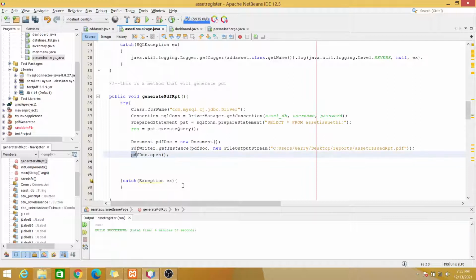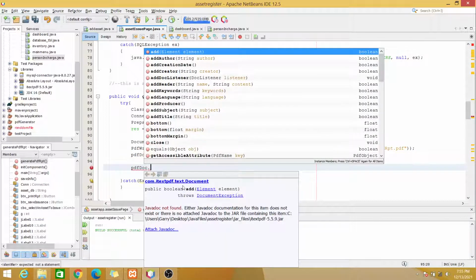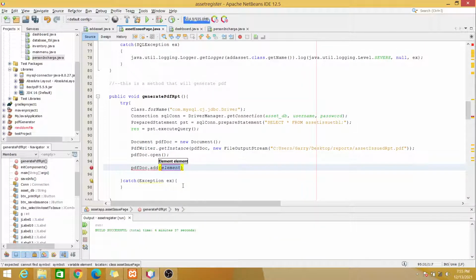So pdf doc dot add element, and then inside this add element we will create a new paragraph,